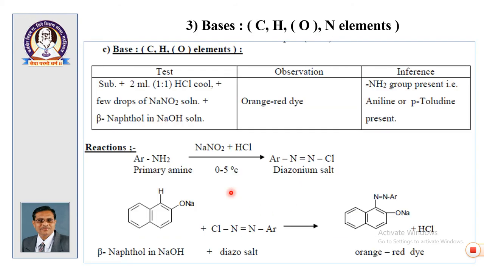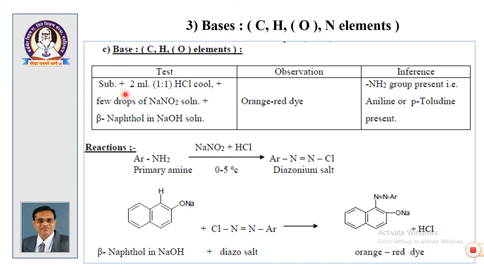Then for basic compounds, you must get positive nitrogen in the CHON elements. For our syllabus there are only 2 compounds, one is aniline, other is paratoluidine. Aniline is liquid, paratoluidine is solid. So, remember, if your compound is a base, in place of reprecipitation you will get reappearance of this basic compound, layers will be separated. Whenever it is soluble, 2 layers get mixed, and in the process of reprecipitation there is a separate layer formation after addition of the reagent. Paratoluidine is a basic compound which has a low melting point, so it cannot be easily reprecipitated.